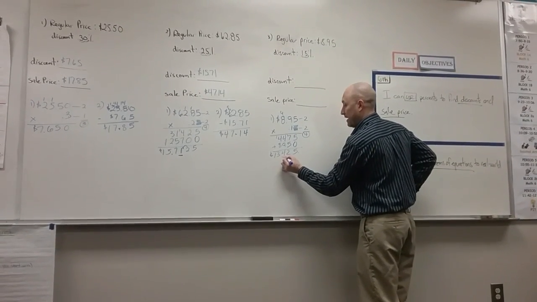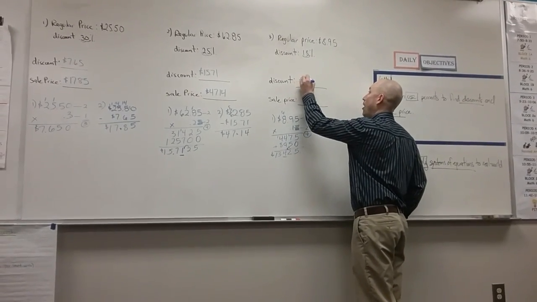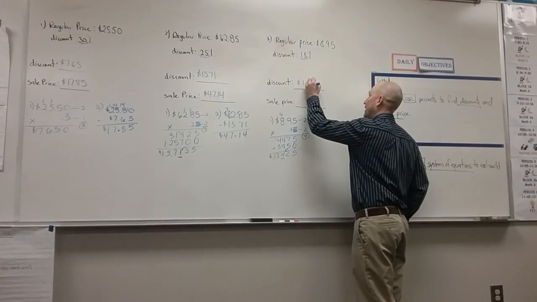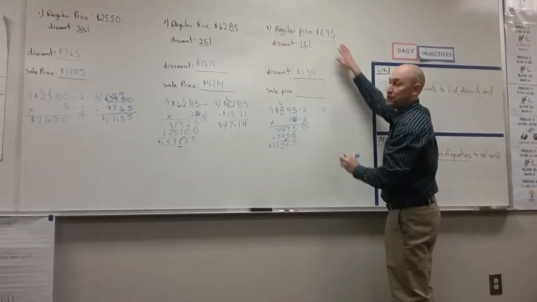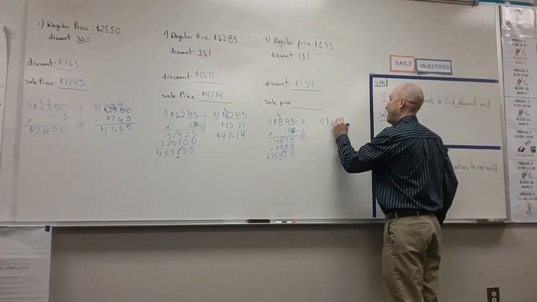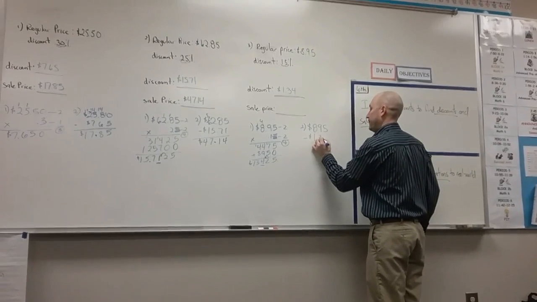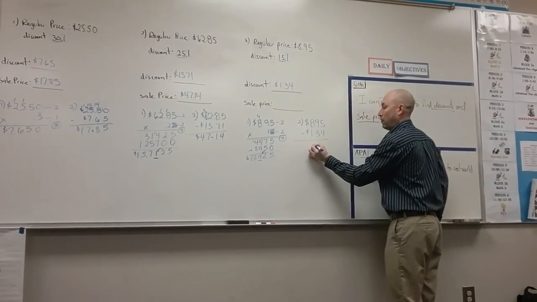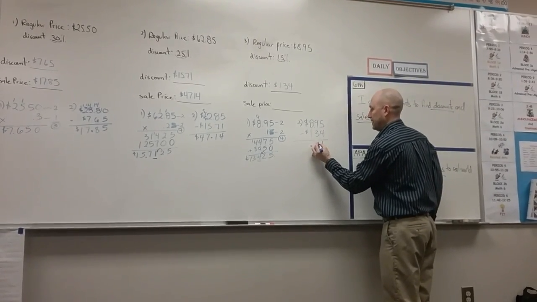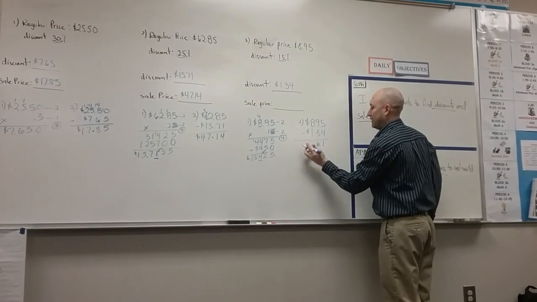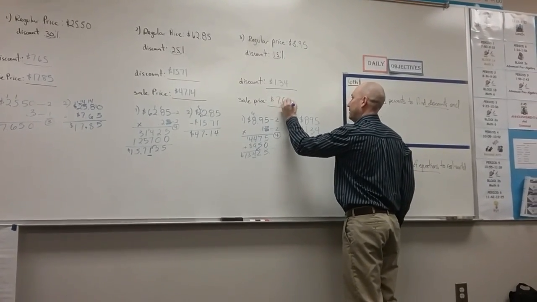My hundredths place is my 4. The 2 tells the 4 to stay the same. So I'm getting to pull off an amount of $1.34. So my final step is to take my original price of $8.95 and subtract $1.34 away from it. Bring down my decimal. 5 minus 4 is 1. 9 minus 3 is 6. And 8 minus 1 is 7. So my final price after the discount is